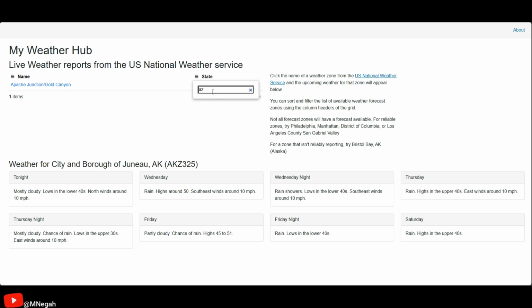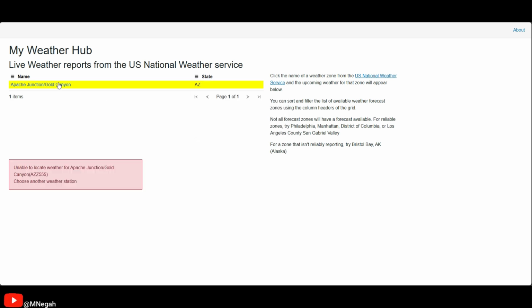But here I've deliberately thrown an exception in the code to demonstrate how the app handles errors. When you query weather stations across the US, there may be times when a location fails to respond. For instance, Arizona could be experiencing a sandstorm and the weather station might not be able to send data. In that case, the API could return an error, and we need to handle that gracefully.